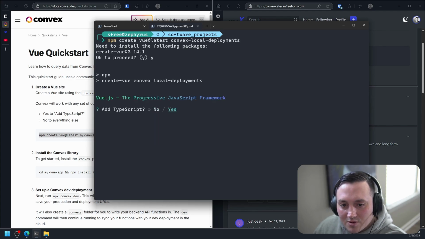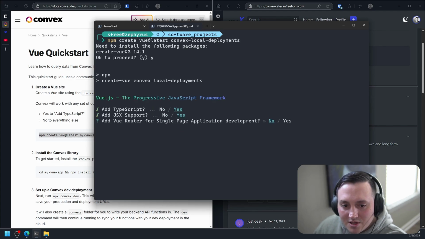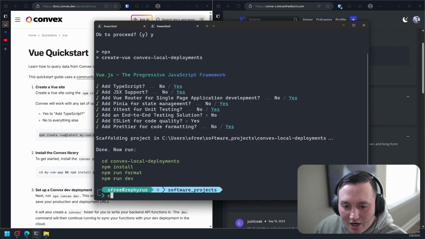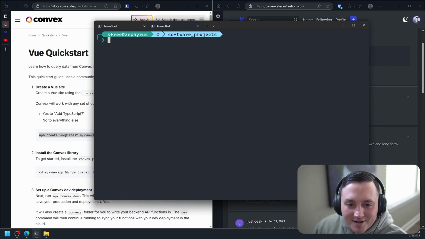Do we want to add TypeScript? Sure. We're not really going to do much with this. Yeah, we can use the router. Yeah, that's fine. Yep, we can add all that. We don't need that. Yeah, we can do that. Yep, we can do that. We're not actually probably going to use any of it, but okay, let's cd into that new directory, convex-local-deployments. We'll install